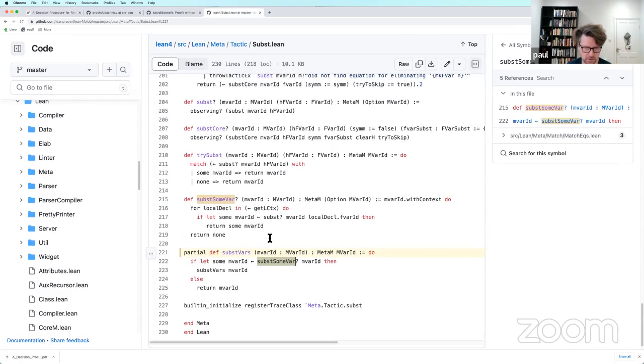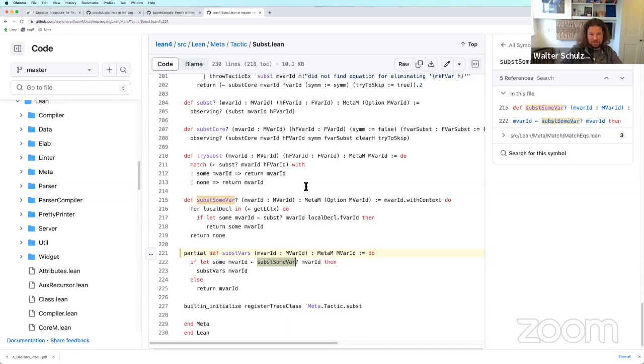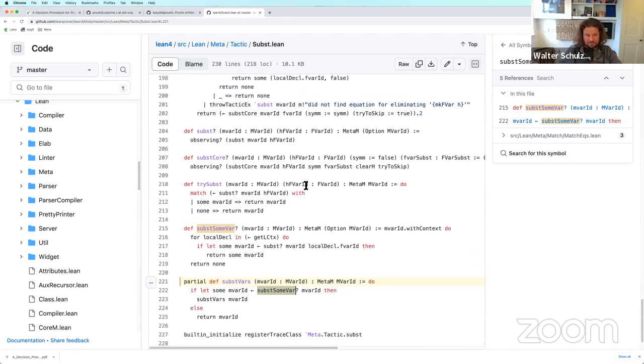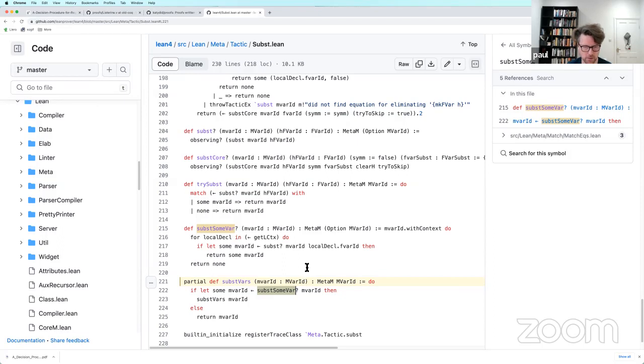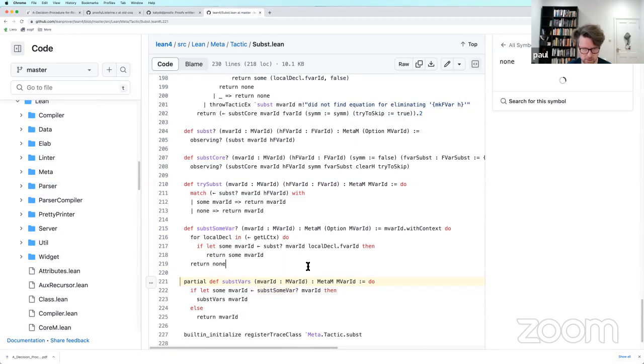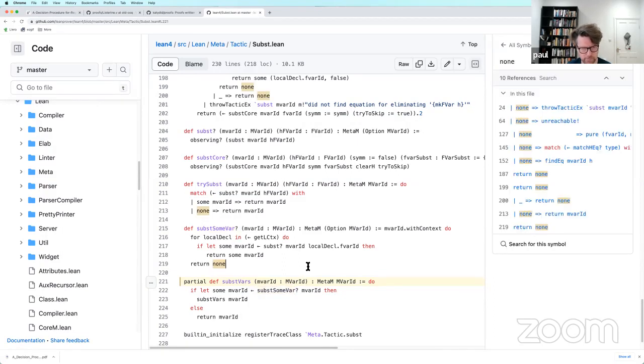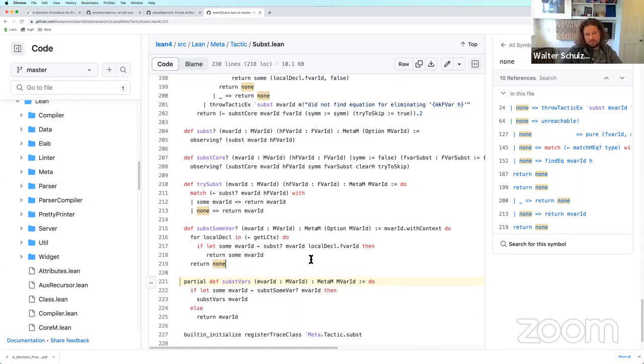Substvars. Yeah, so here's the definition. Local decl. So we have this local context. So is that line 216? So we want to pass in this list of local decls, I guess. Where?